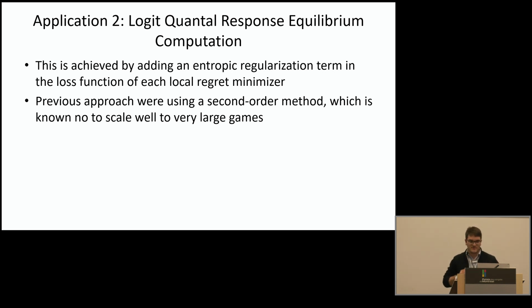Basically, at each decision point, we inject the entropy function to regularize our game, and then we compute a saddle point of the problem that includes those regularizers. The previous approach for this problem was using a second order method, which is known not to scale for very large games. Instead, we use